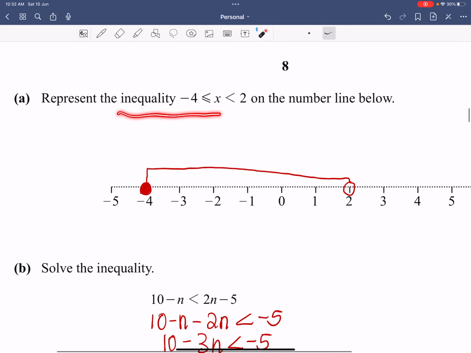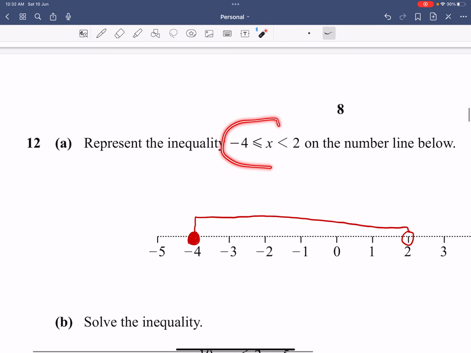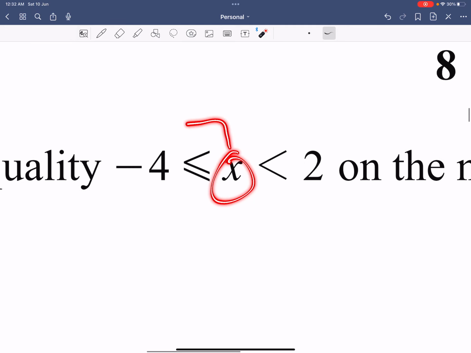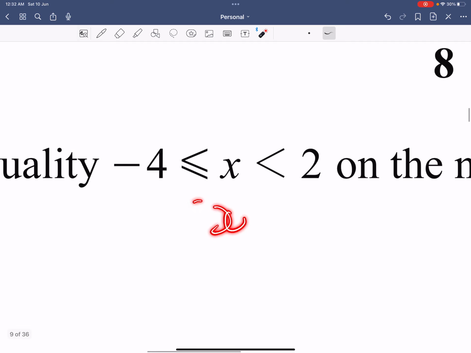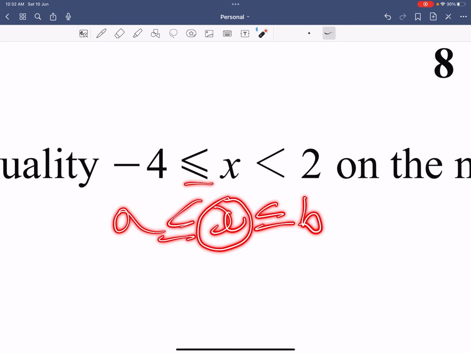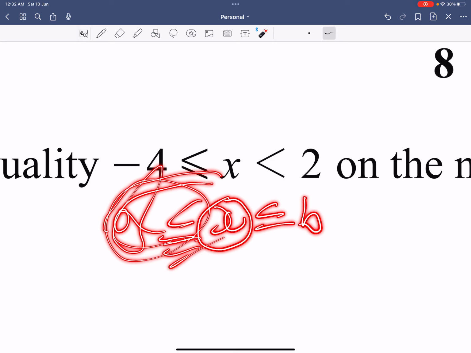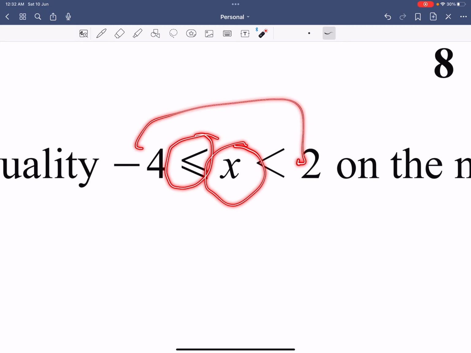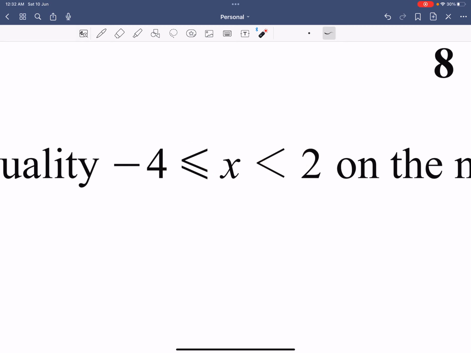Now represent the inequality: x is greater than or equal to -4 and x is less than 2. So how do you read an inequality? You always read the inequality as x between, so imagine if x was between two unknown numbers, let's say a and b. So what do I say? x is between a and b. And now for between, we also read the inequality sign. So now how will I read it? x is greater than or equal to, x is between -4 and 2, but this statement has ambiguity in it because